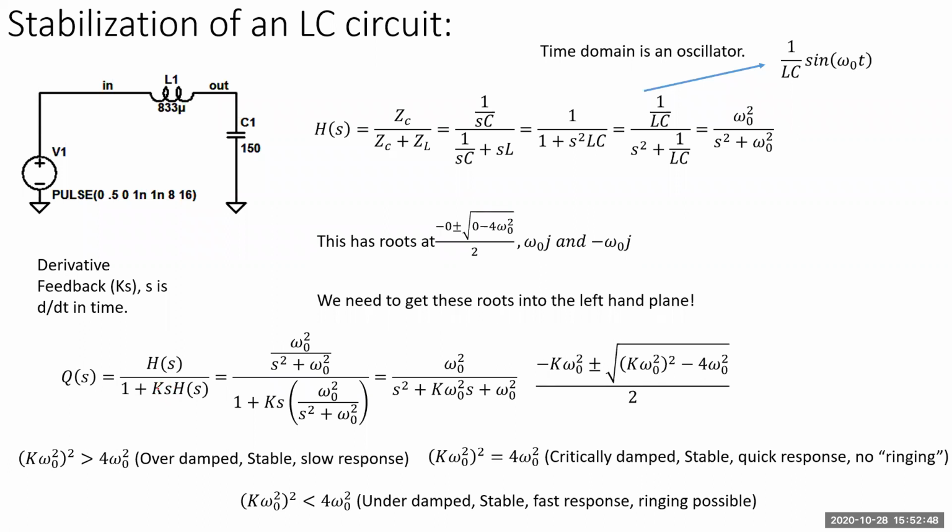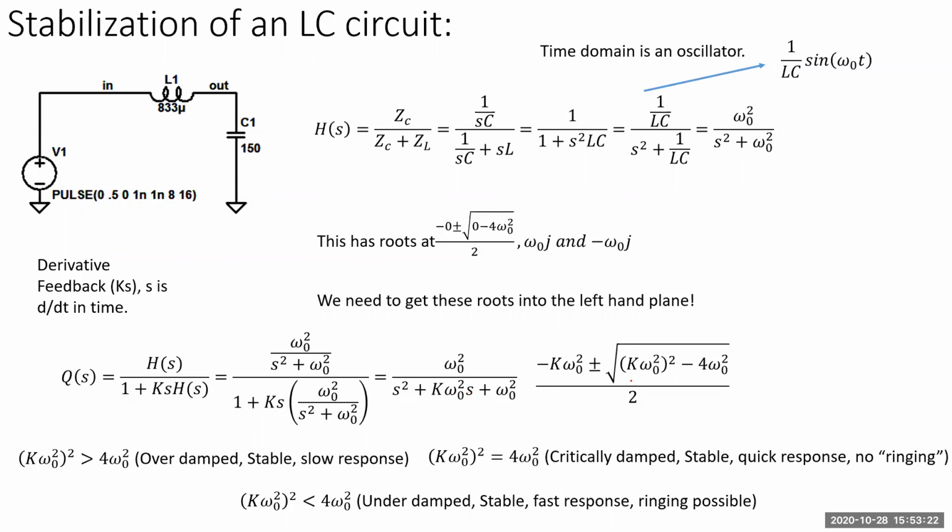So now I have a KS term. I'm not saying how I'm going to get it, I'm just saying I'm going to have a constant times an S. Here's my H of S, and G of S is now K times S. When I multiply all that through, I still have my omega naught squared, but now I have K omega naught squared times S. Well, now I have a B